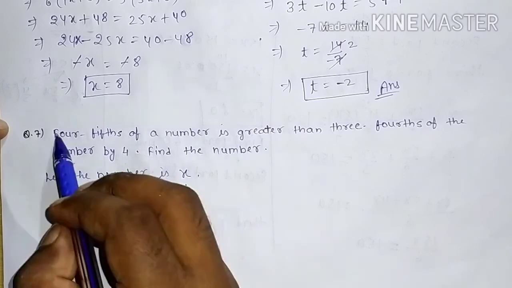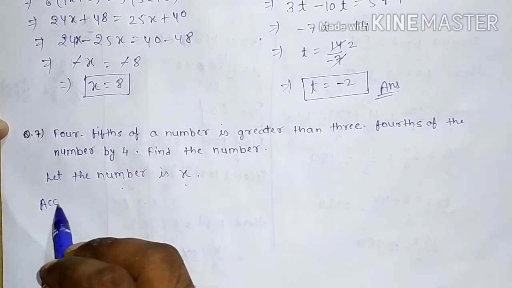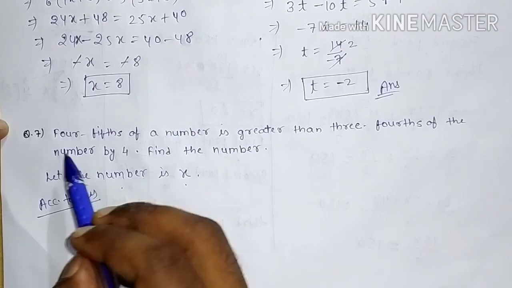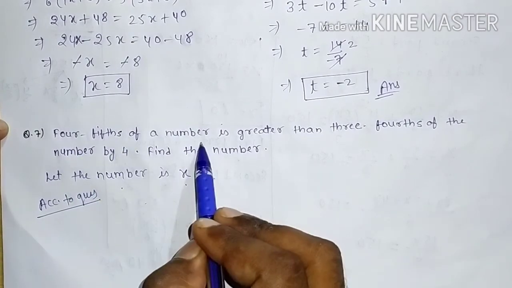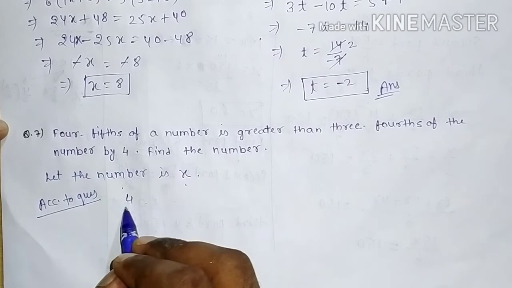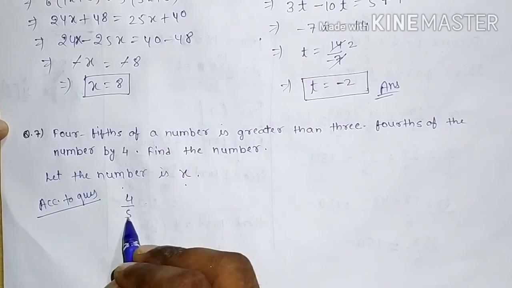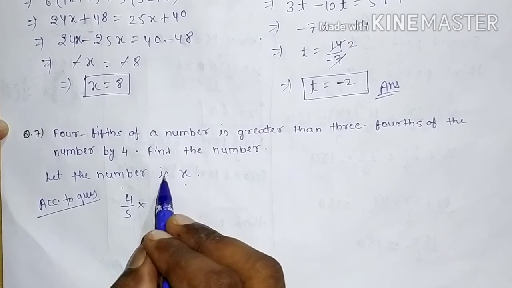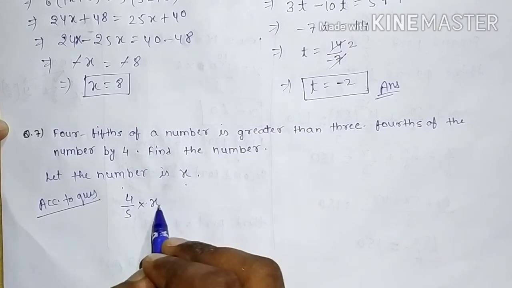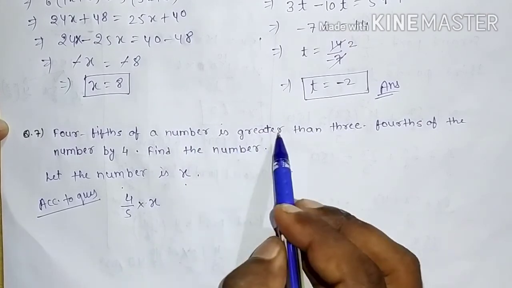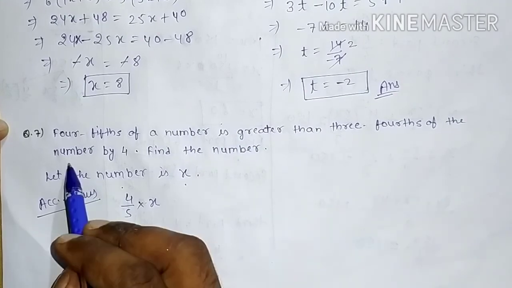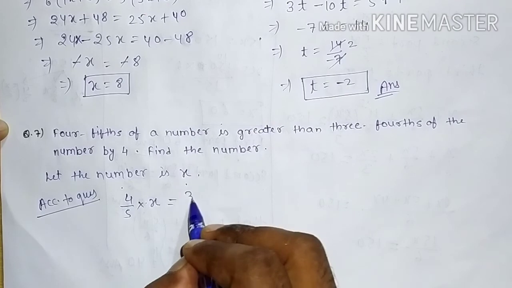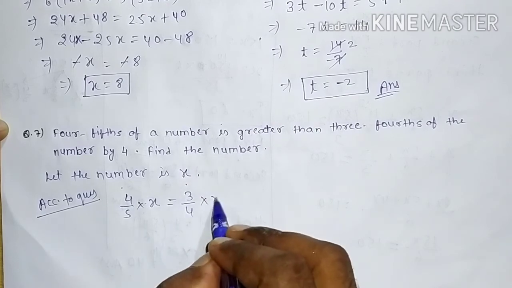So according to the question, 4/5 of a number, that means 4 by 5 multiplied by the number, here I am supposing x. So 4/5 x is greater than 3/4 of the number,